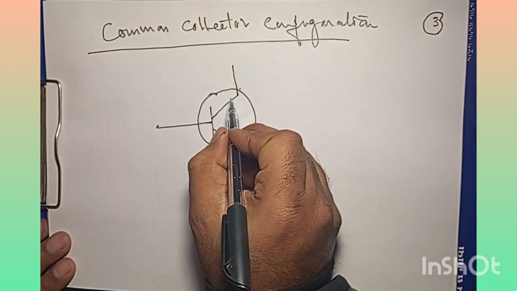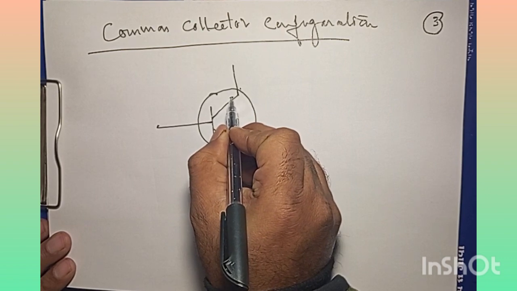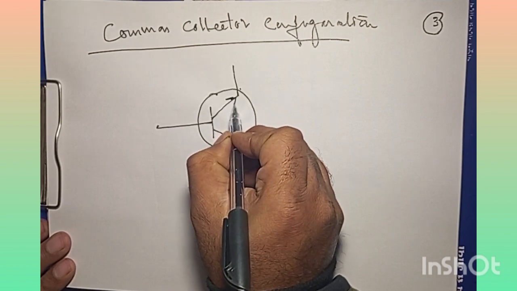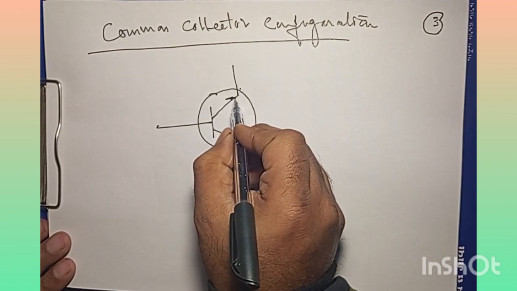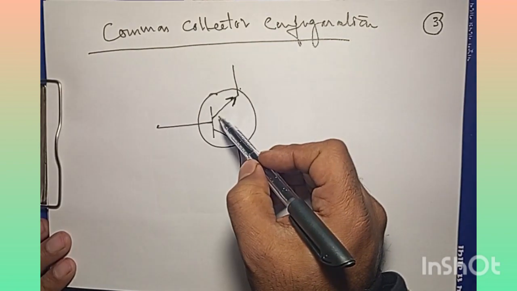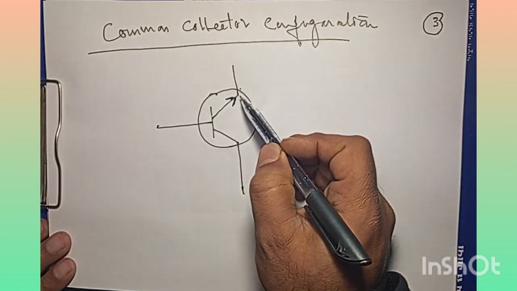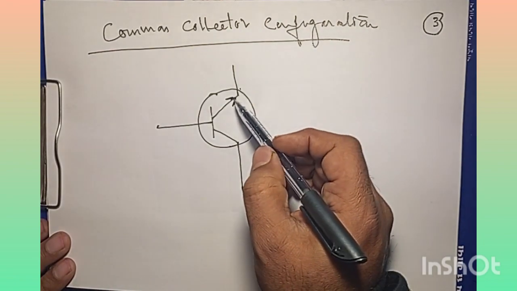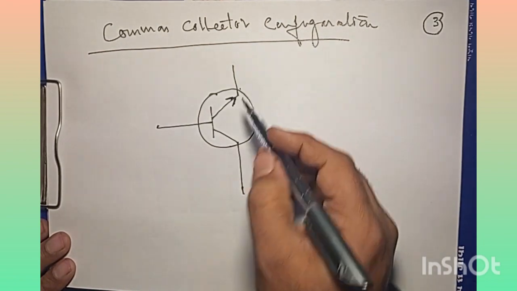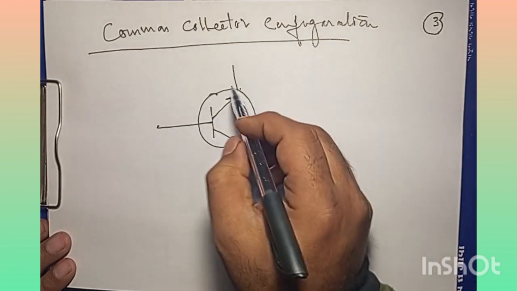So here, if I show a polarity like this, it will be an NPN transistor, right? Because of having this